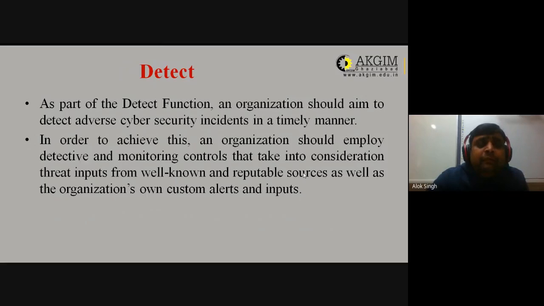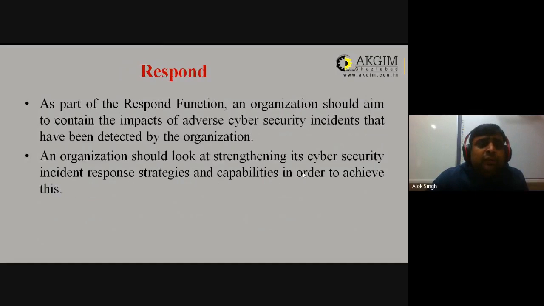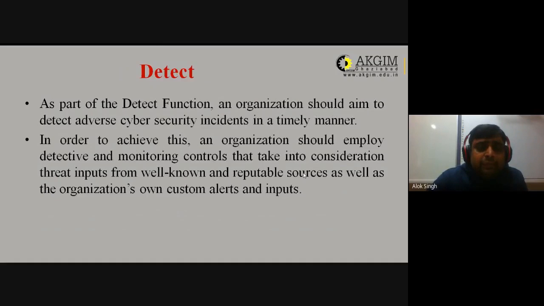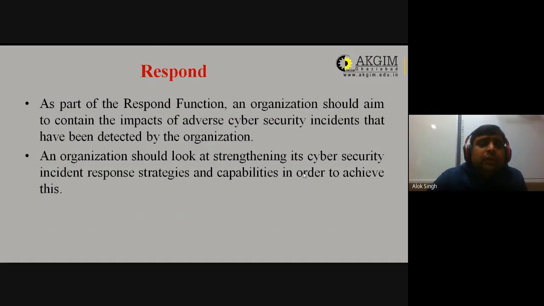Okay, identify what are the loopholes in your system and how to protect it. Okay, so respond. If you identified or detected some defects, loopholes or bugs, then respond to that. As a part of the respond function, an organization should aim to contain the impact of adverse cybersecurity incidents that have been detected by the organization, and organizations should look at strengthening their cybersecurity incident response strategy and capabilities in